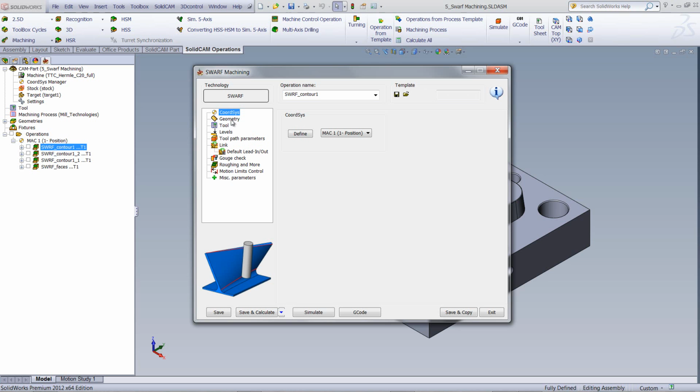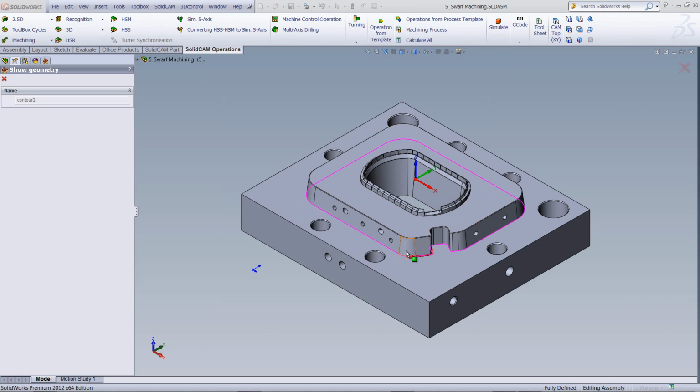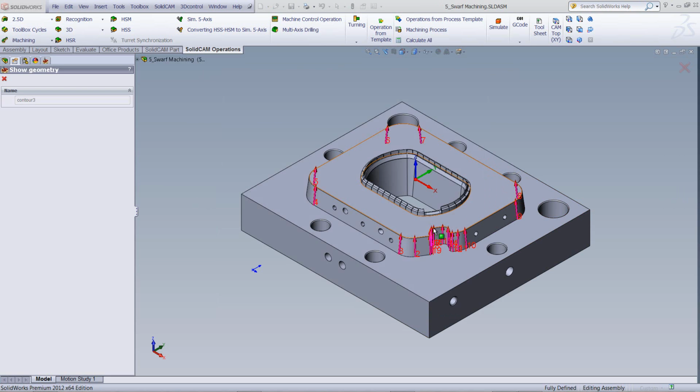If we were to go into geometries, you can see that we have 4 different types of strategies to work in Swarf machining. Let's take the first one for a moment. As you can see, it says synchronize with tilt lines. What you need in this particular case is our upper curve, as shown over here, and our lower curve, as shown over here, and that automatically tells our tool to lie from that curve to the other curve. Now, as far as the actual tilt direction, we add the tilt lines, as shown over